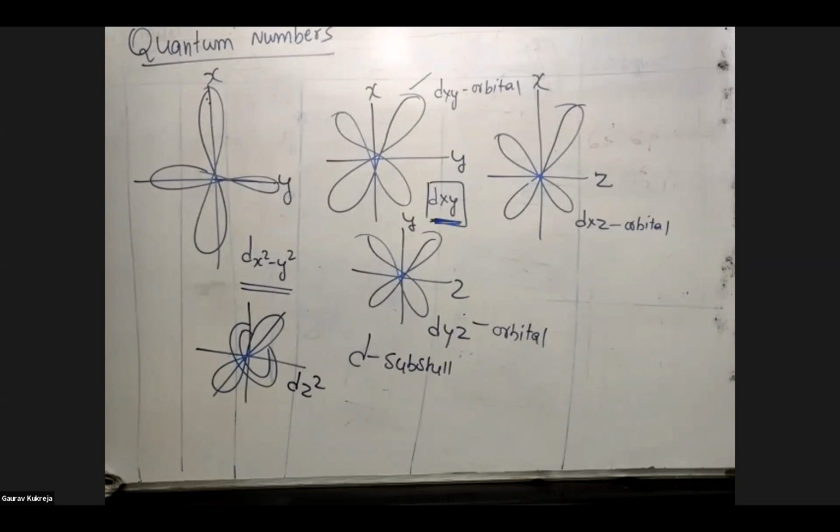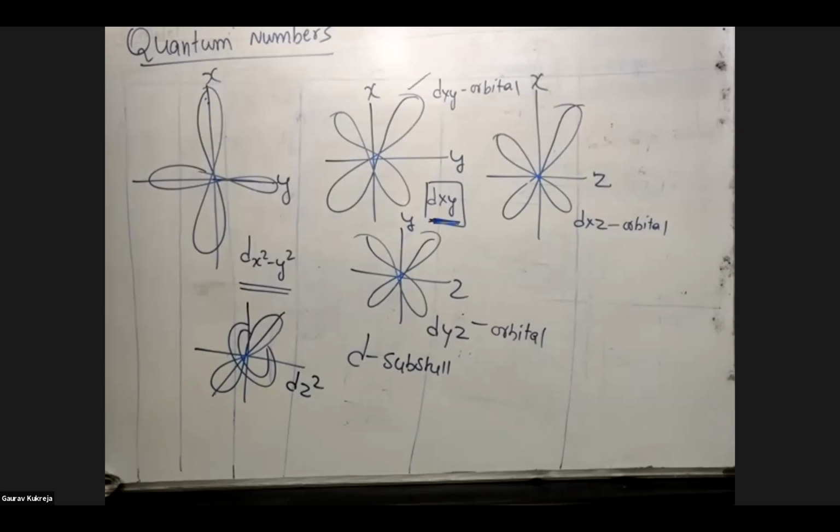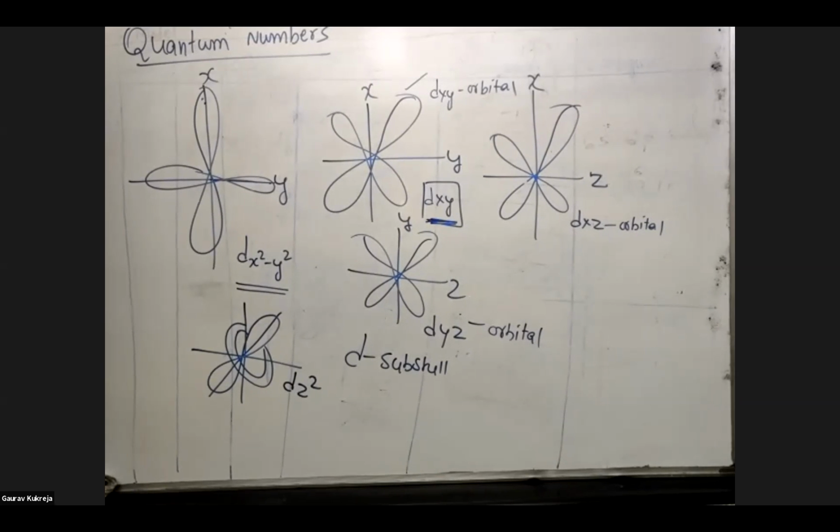So Rushil, I'm explaining to you that in the case of F, I'm not going to explain the shapes of them. Why? Because you cannot see. In the case of D only, you got confused with the double dumbbell shape and the XY plane, YZ plane type of dumbbell shapes. You are not able to imagine that. Now, I cannot expect you to imagine F's orbital also.